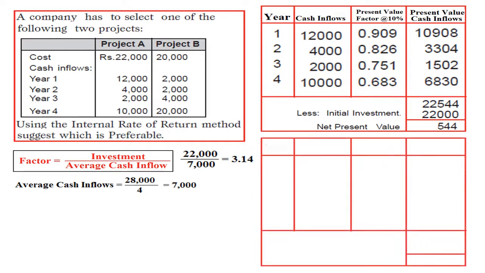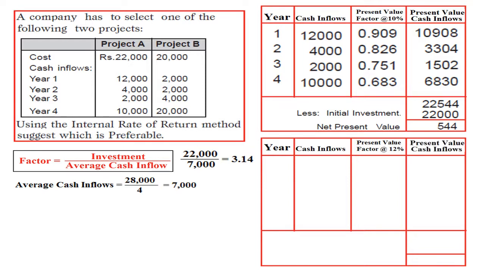So that's the reason why at 10% I am getting positive NPV, I need to get a negative NPV. Then what I have to do? I am increasing the percentage. So what I am doing? I am taking 12% to get a negative NPV. Sir, what will happen if I don't get a negative NPV at 12%? Then further increase the percentage to get the negative NPV. Right? That is the only process, because it's a trial and error method. IRR calculation is one of the difficult calculations in capital budgeting. It's a trial and error method.